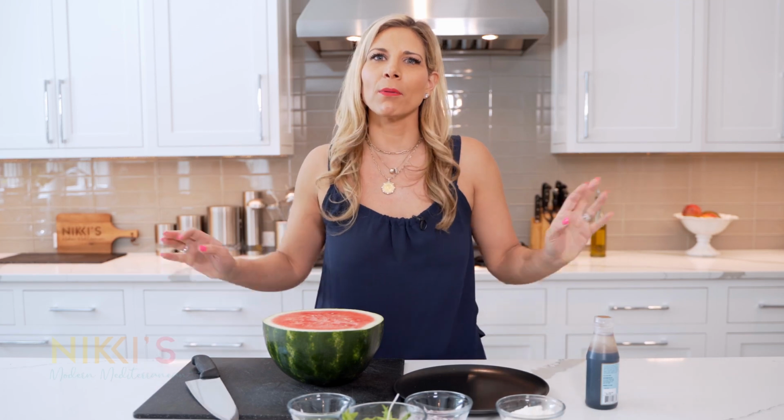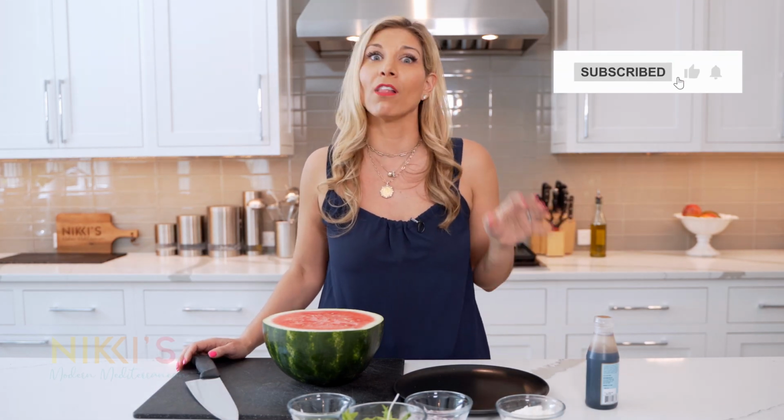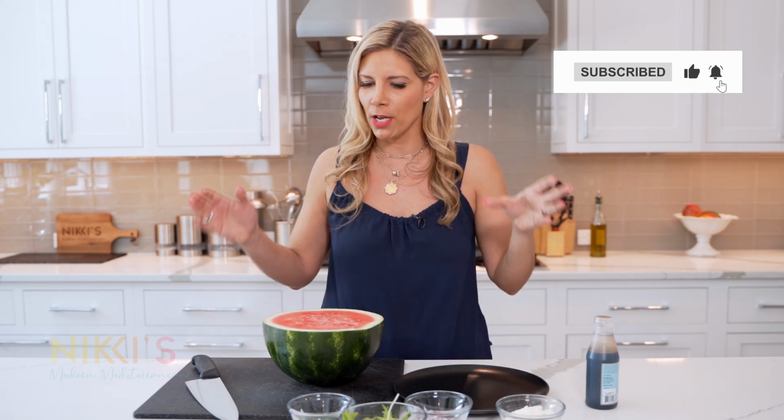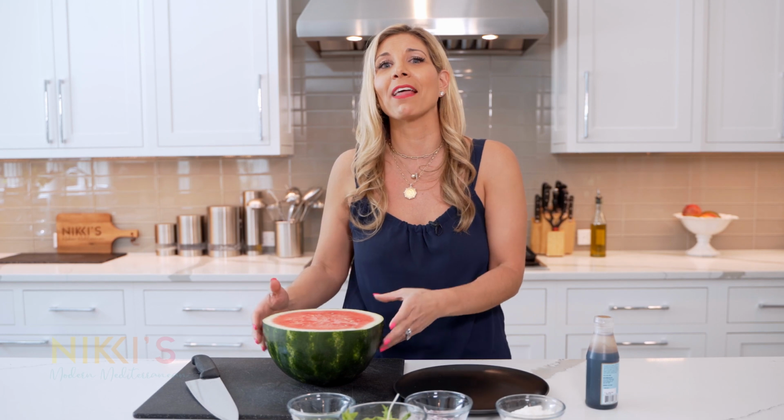One of my favorite summer salads is watermelon feta. I eat it so often and I love to make it when I have parties in my backyard. So today I'm gonna make a different version with the same ingredients, but we're gonna make it like a watermelon